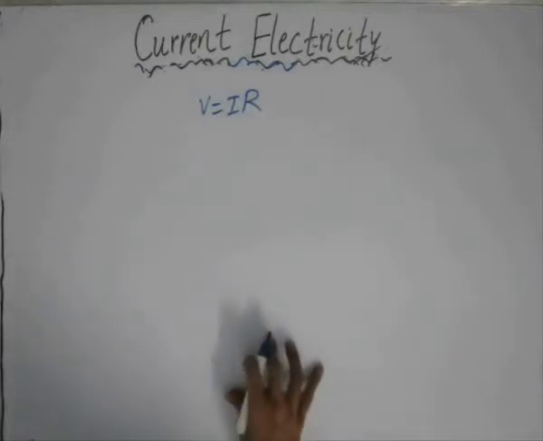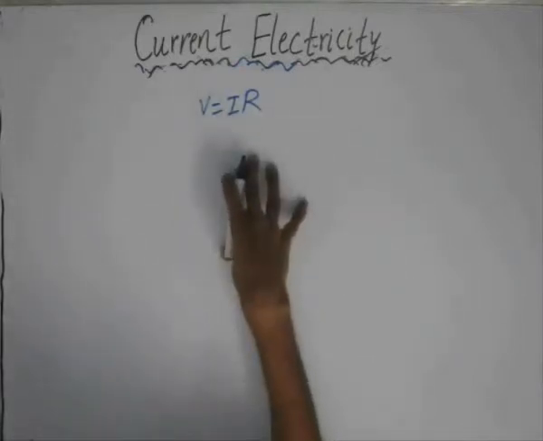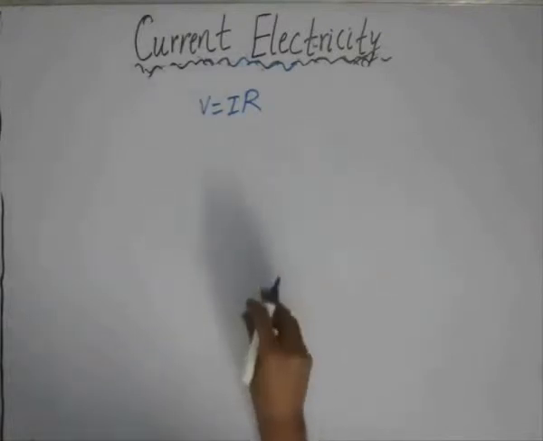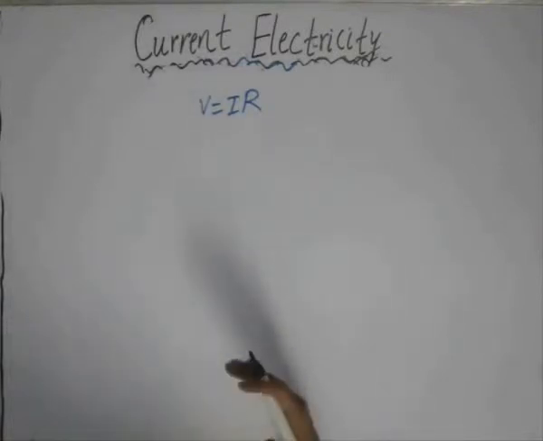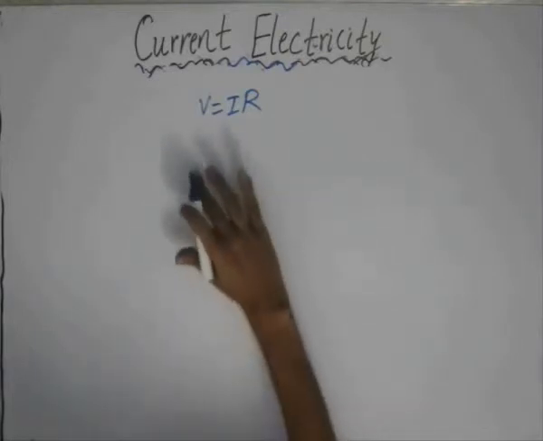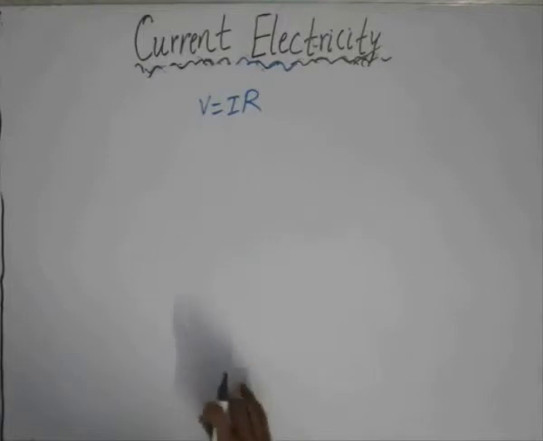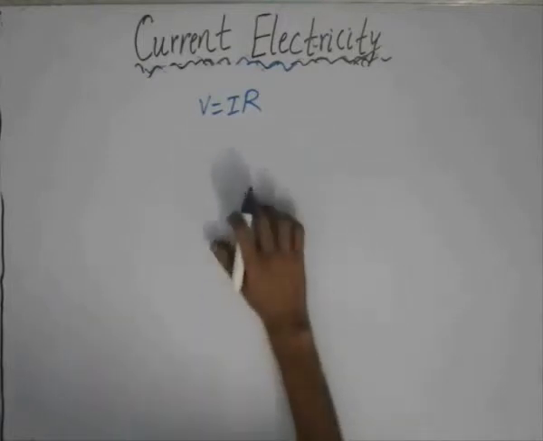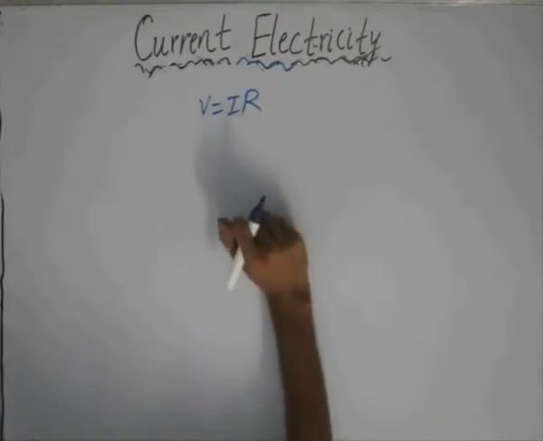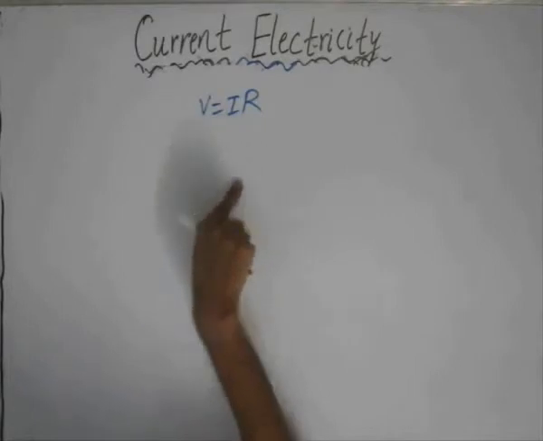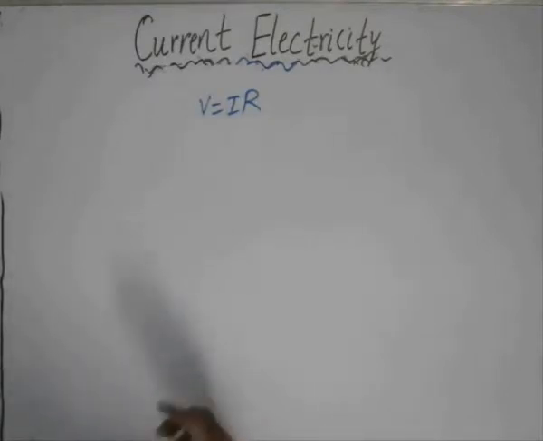But the problem with Ohm's law is that it can be used to solve a circuit that is very simple, but as the complexity of the circuit goes on increasing, the use of Ohm's law would be impractical. It would be analytically very tough to solve the circuit by using Ohm's law. So there are some other alternatives to solve the circuits for the unknown voltages or the unknown currents across the branches, and we'll discuss those laws.